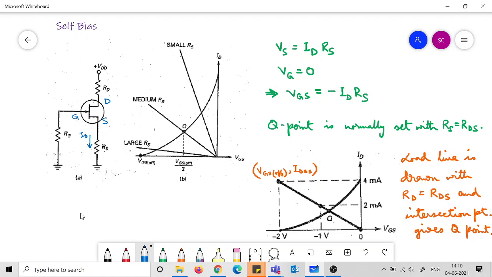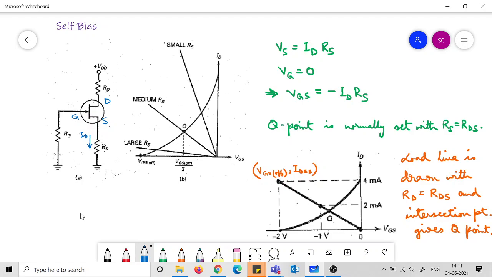So when the gate current is not there, the potential at this point of the resistance comes at this point also. So the Vg is basically 0. This point is grounded. So Vg is basically 0, Vs is IDRS. So VGS is basically minus IDRS. And since IDRS is a positive quantity, you have your VGS as a negative quantity. And that is what is setting up the Q point. So VGS is not 0 here, it is some negative quantity.